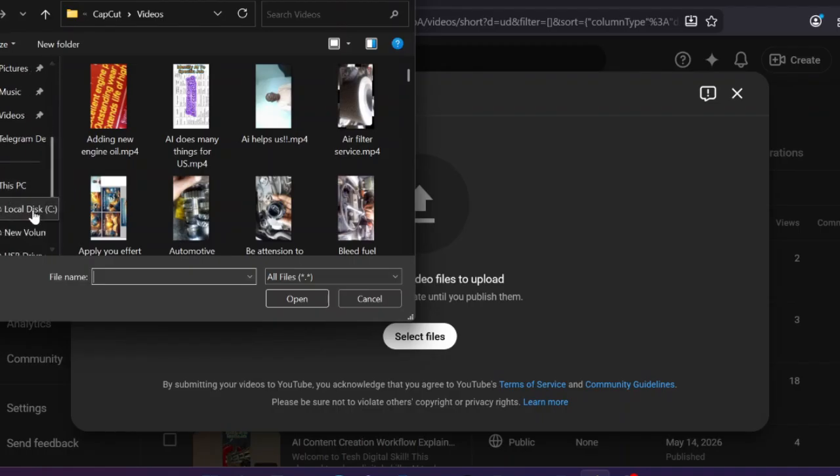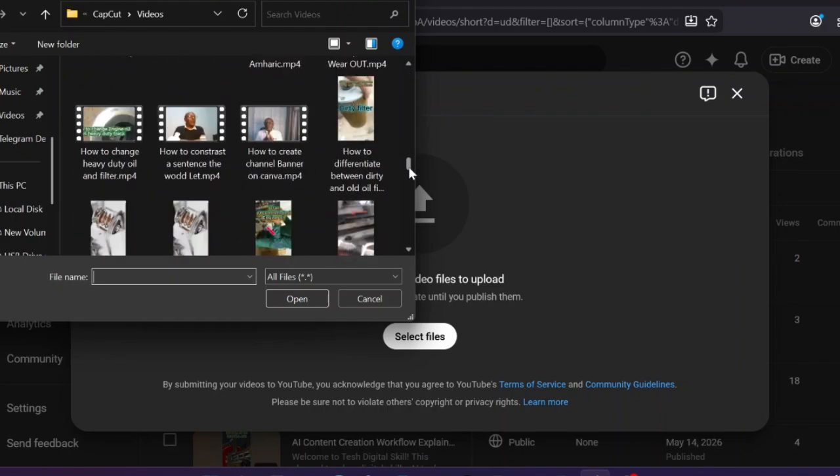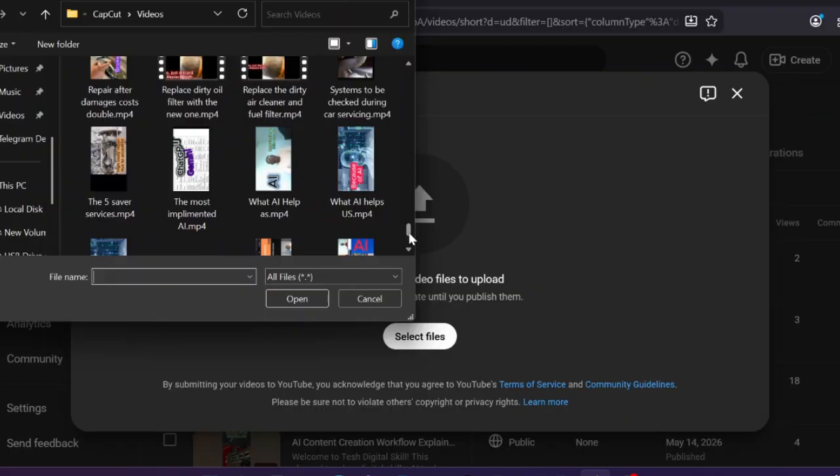these all files are on this local disk C. So we have to select among the files what AI used to, the name of the file. We have to drag down to find what AI help us. The file is this file. Select the file and open